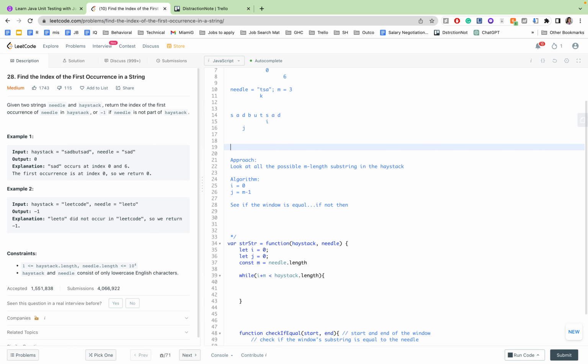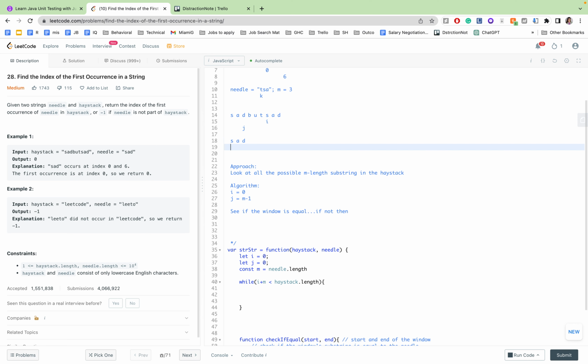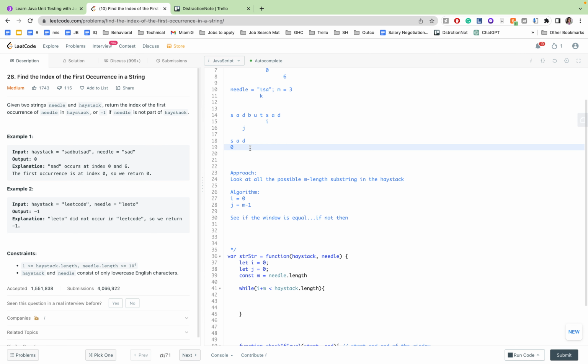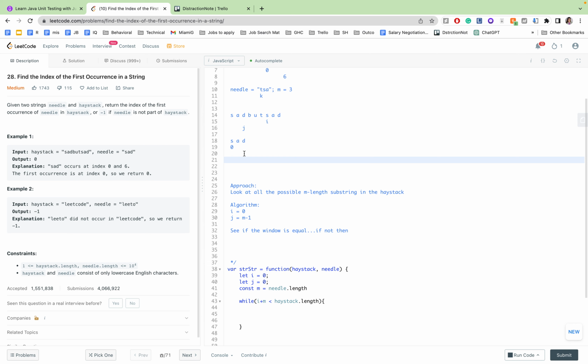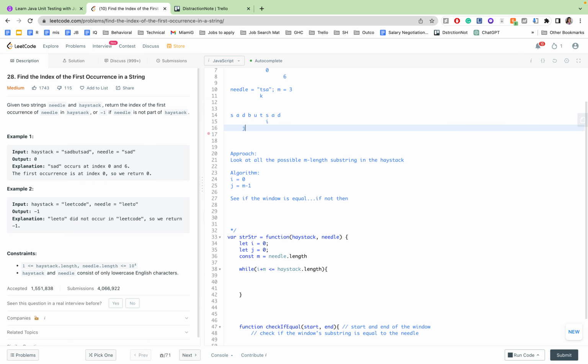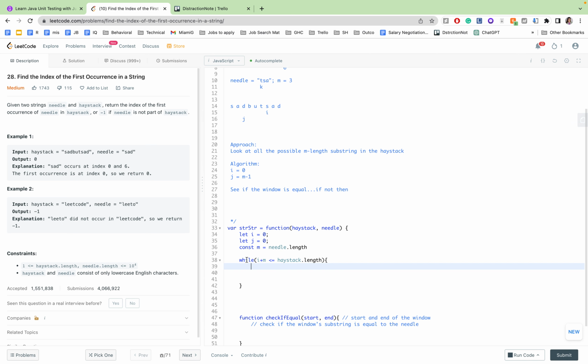Let's look at the smaller example. If it is "abd" only, then if I is at 0, then I will continue, right? But if it is 0, then it is equal to 3. So it means that it should be less than or equal to stack dot length. Only if I reaches 1, then it will not be in that case. Okay, so while I plus m is less than or equal to stack dot length, then I should continue